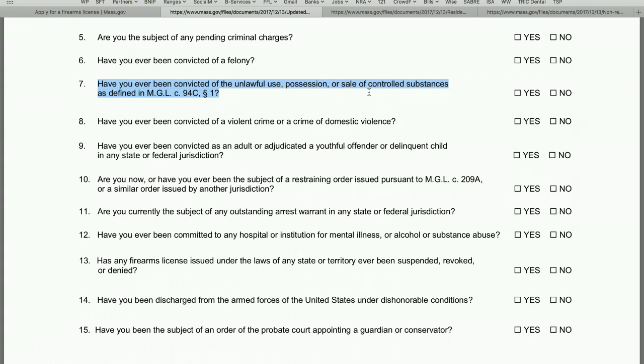So if you have a weed card, right, you need to get rid of it, or else you won't be able to get your gun card. If you have a gun card and then you go get a weed card, then some men in blue are going to show up and they're going to take your guns, okay? And that's not something that you want. If you invest a lot of money, a lot of time, a lot of training into your firearms, you don't want to lose that